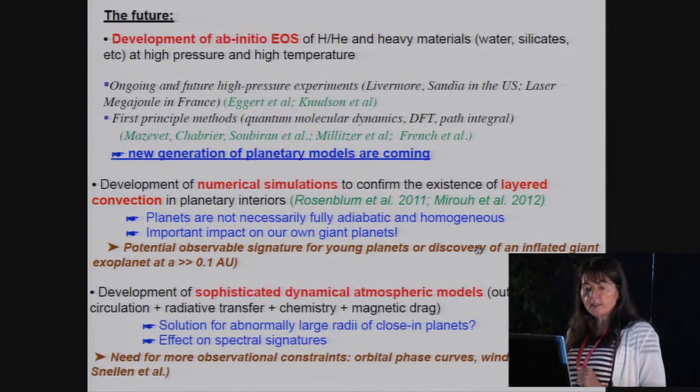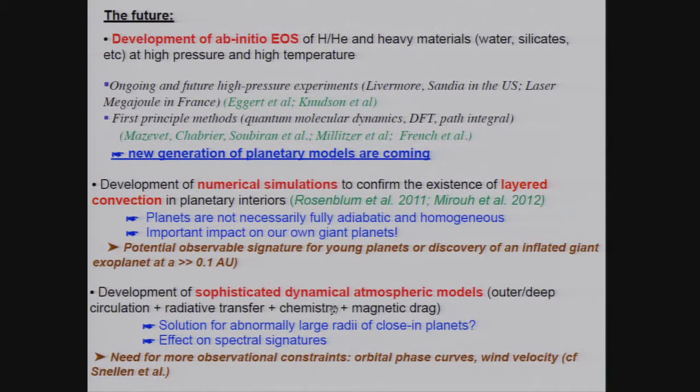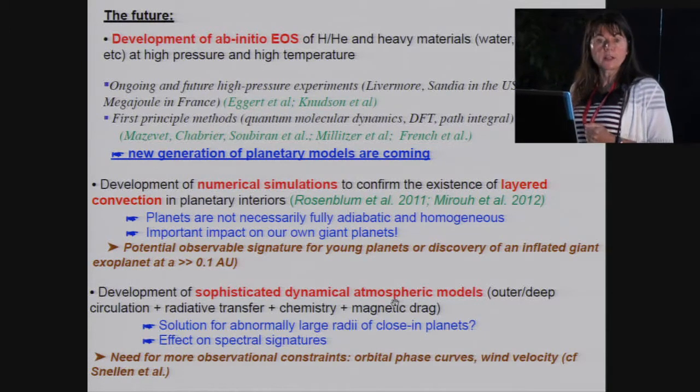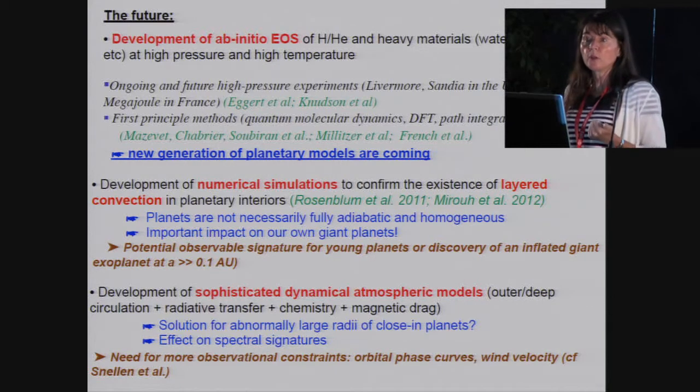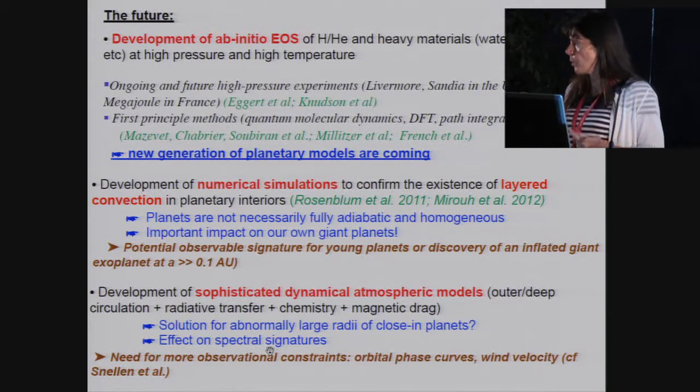And the final point is that the development of sophisticated dynamical atmospheric models is not necessarily to predict weather on exoplanets, we don't care about that. It's to try to understand fundamental fluid dynamics and MHD processes on those planets, which may help eventually to solve one big puzzle: why are so many hot Jupiters inflated? And also may help understanding and interpreting